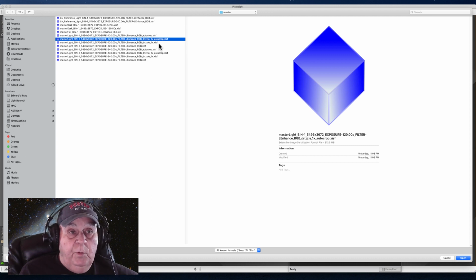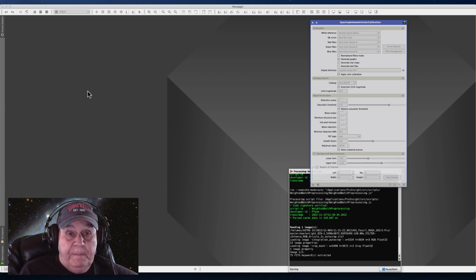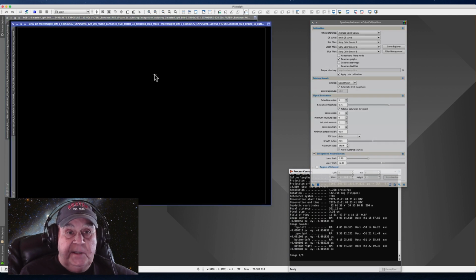The next time you run the weighted batch processing script with the newest 1.8.9 version, open both of these and check the crop. And you'll notice they have cropped out the stacking artifacts for you. You don't have to do it. So I'm going to open this. Saves me a step. And please understand, it's going to be easier to plate solve an image that doesn't have